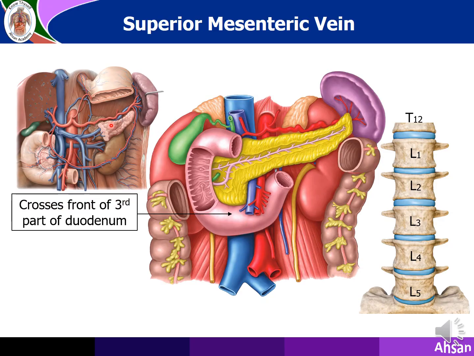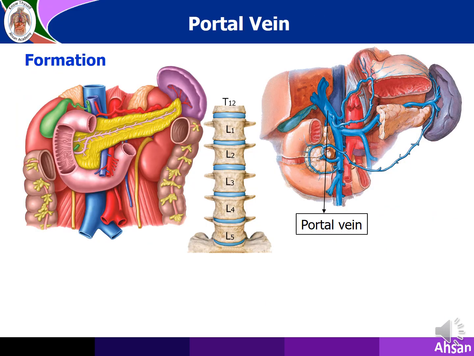You can see when the pancreas is removed partly, from the neck to body, this part is exposed, and you can see the veins which are not visible here. The formation of the portal vein is visible here. This photograph is made a bit larger, and this one a bit smaller. So you can see the portal vein.